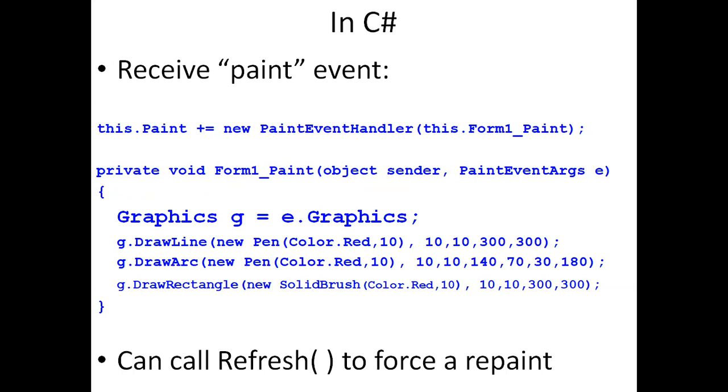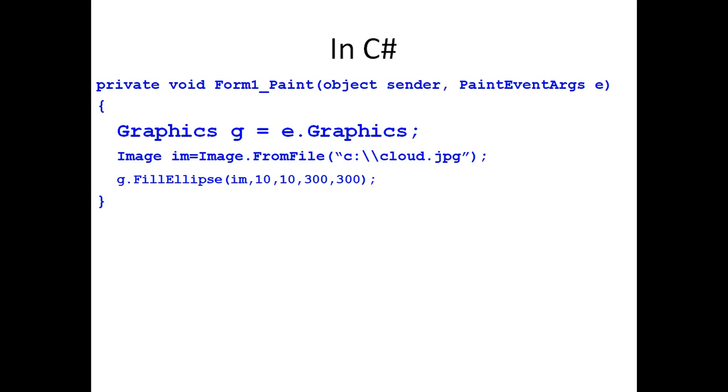To repeatedly use this paint function, we use the Refresh function to force the repaint, like the repaint function in Java. This is for using the paint function again and again. And this is the paint event handler, inside which we pass the form_paint function as an argument. So this is the set pattern of writing Windows based programming.